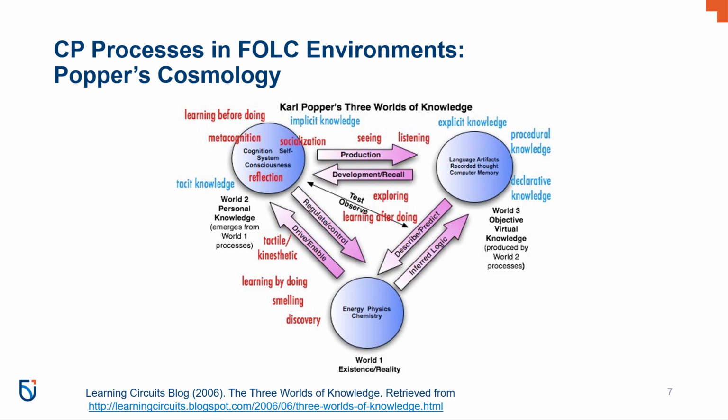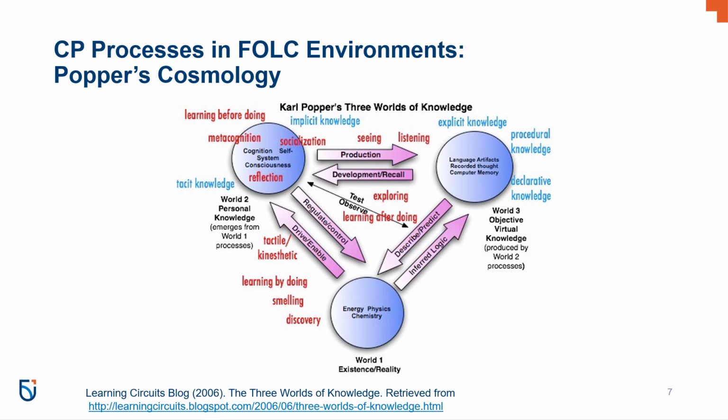So here is a graphical depiction of Karl Popper's three worlds. Note that even though this particular version of this graphic suggests that World 1 talks about reality, I would prefer that you actually think about it as the physical world as compared to reality, because we'll make the contention that reality is what we make of it, i.e. we each make our own realities and they are shared to a certain extent but not 100%.